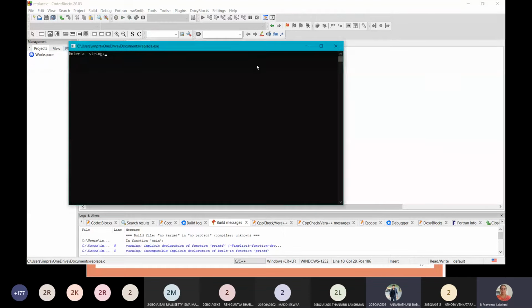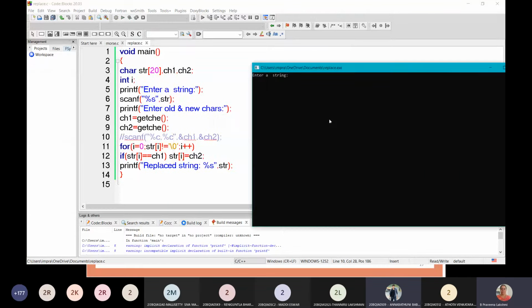Ma'am, you have not included the header file. It's not required. Code Blocks doesn't require a header file. Okay, it's a problem with the ch characters. Whenever you press the enter key for character input, that will be considered as the input for that.